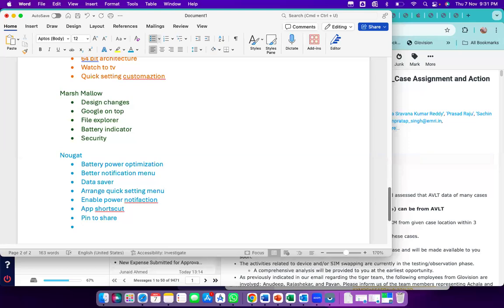Next could be file manager. Some enhancement on the file manager. Something has been enhanced on the file manager side, like displaying the size and space. If you select any file, it will show that this much size it is. Next is the mono audio, for those who are using Bluetooth with a single